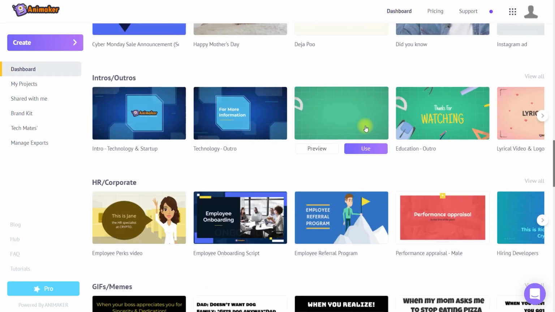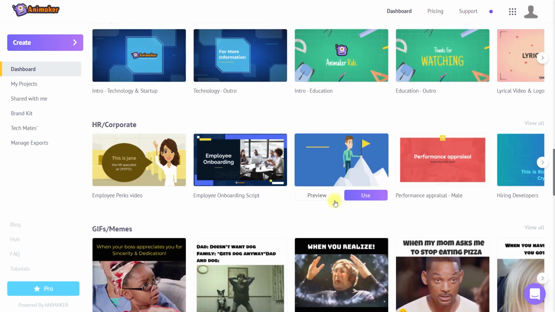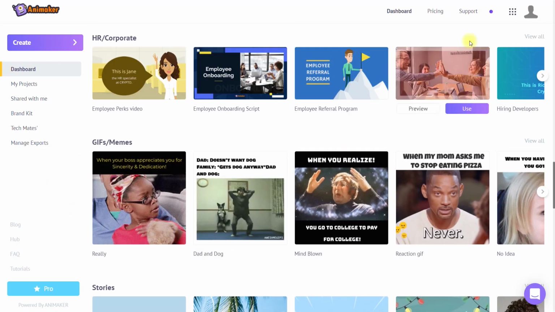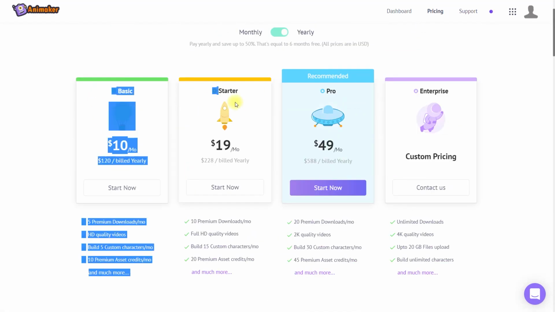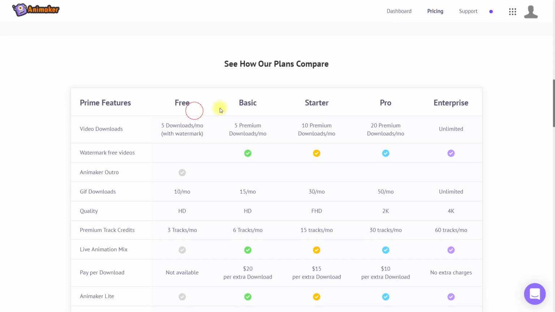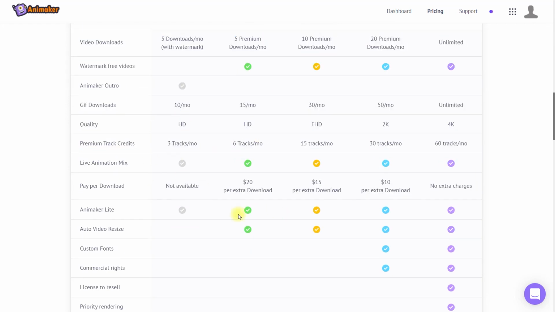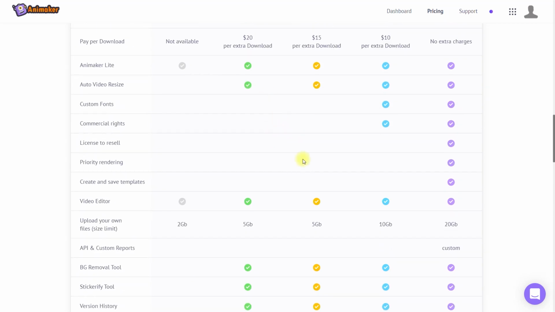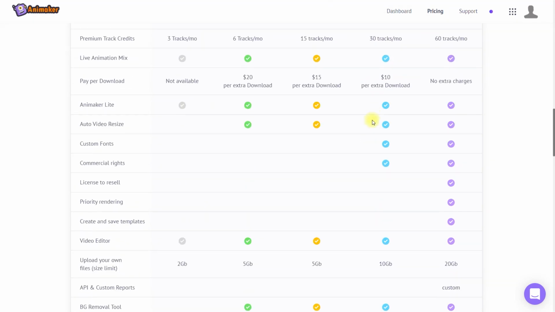Lastly, I would suggest you to try Animaker's free version and see if it suits your needs. If it does, you should compare the plans to see how many videos, voices and other assets you need per month, and according to your needs, you can upgrade to one of the 4 paid plans offered by Animaker. With the free plan, basic plan and starter plan, a lot of things are limited, especially the text and asset libraries, and you won't be able to use Animaker to its fullest. Therefore, even Animaker recommends you to get the pro version, so I suggest you decide wisely.